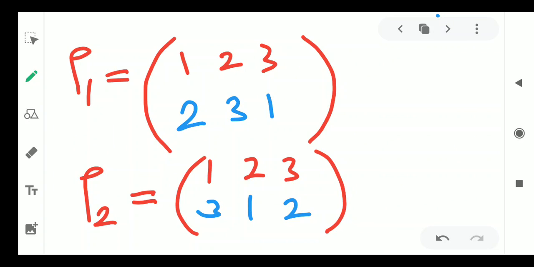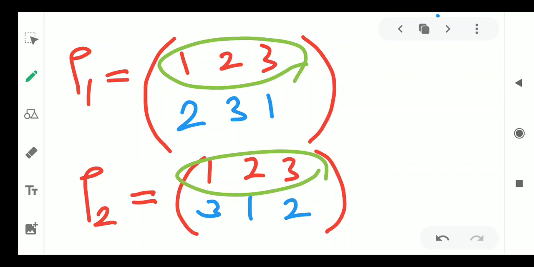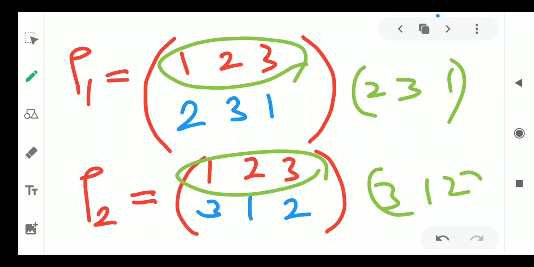Now we'll have second notation, rho 1. That means what about the first row? It is everywhere you can see the same 1, 2, 3. We are dealing with A equal to 1, 2, 3. Image of 1 is 2. Image of 2 is 3. Image of 3 is 1. Next one, 3, 1, 2. The first one was 1, 2, 3. So 1, 2, 3, 2, 3, 1, 3, 1, 2. You might have seen the arrangement of 1, 2, 3. That is rho 0, rho 1 and rho 2.